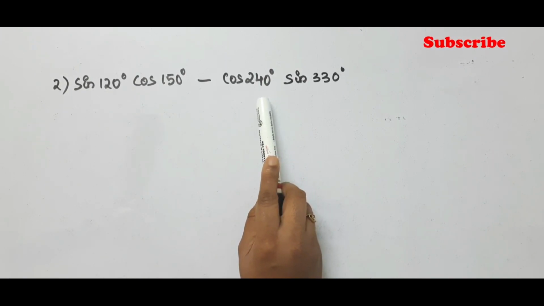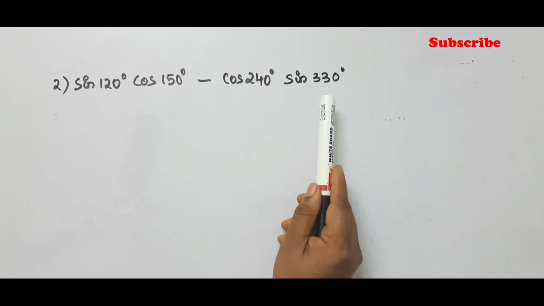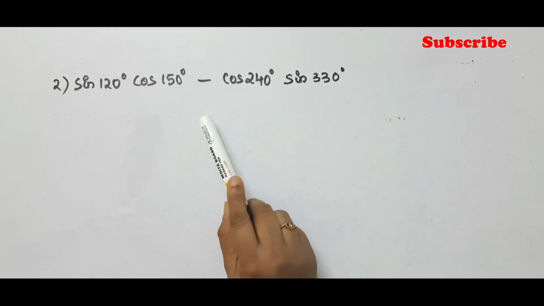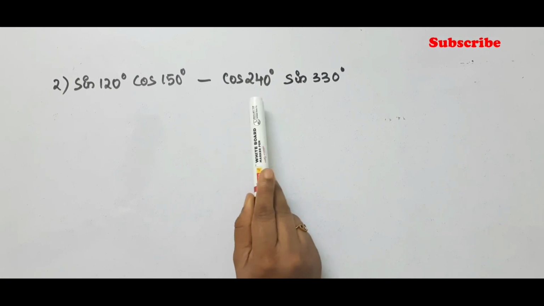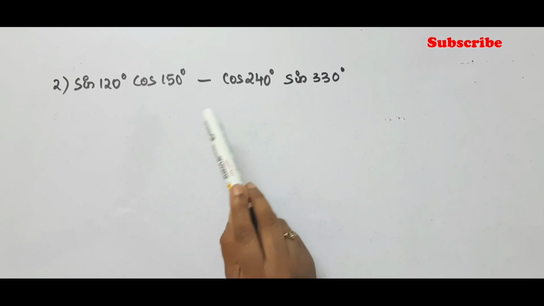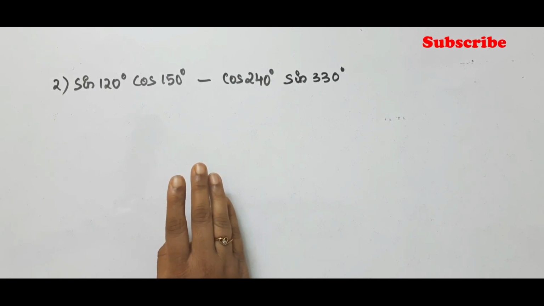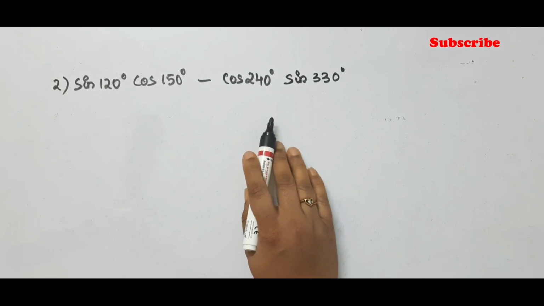If it is 150, then we can apply, is it not? Here if it is 120, we can apply the transformation formula and get the result. But here the angles are different. So when you see that the angles are different in the product of the functions, transform the angles first. Okay, that is, as the angles are different, we are not going to apply the transformation formula here. We are going to transform the angles as the sum of the angles or the difference of angles.